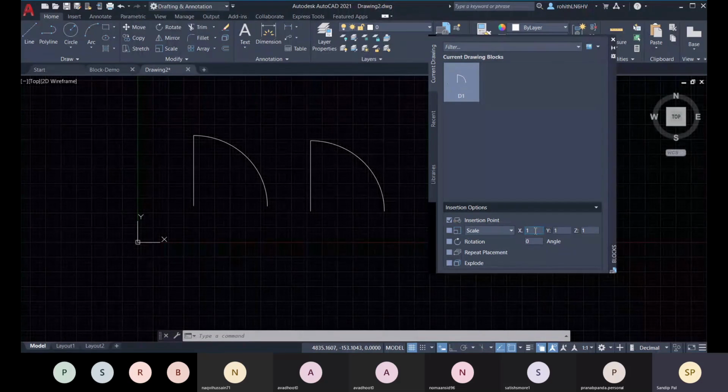About the scaling, we need to know about the scale, like RF. RF is the reference factor. Can anybody tell me what is the reference factor ratio? Hello.